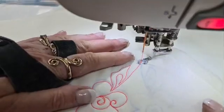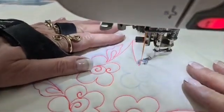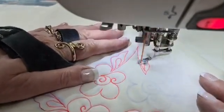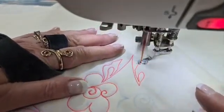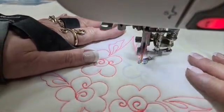I'm going to move to the next one. So as you do them, and I find too, the more I do the same design, it's that repetition thing, that memory thing that you get. So that there,